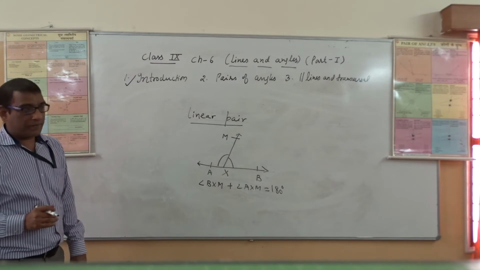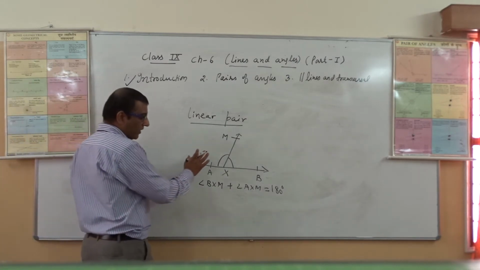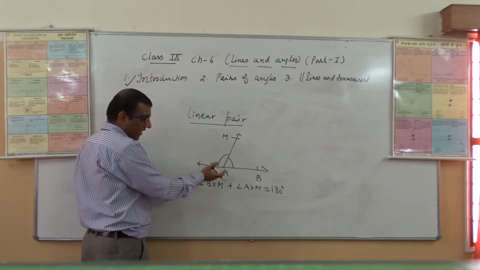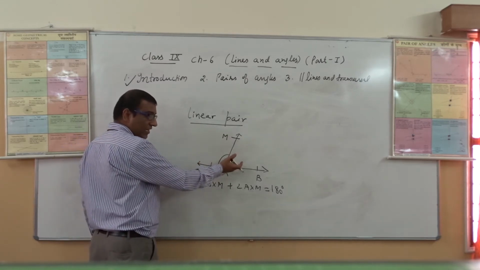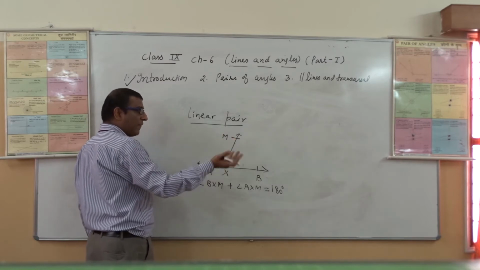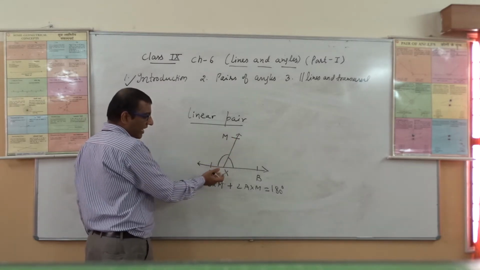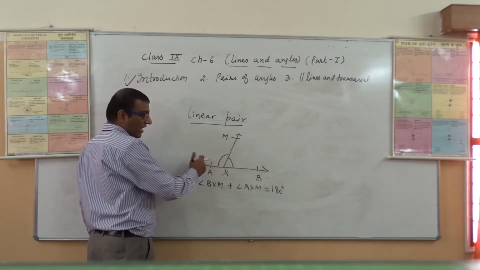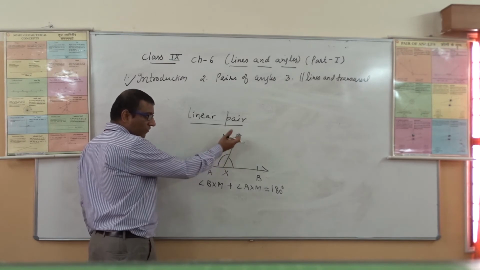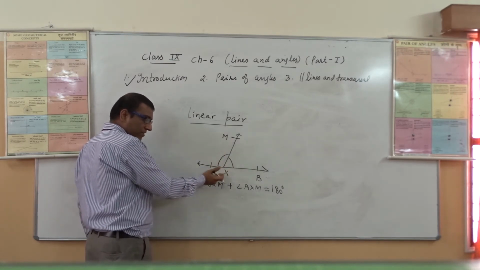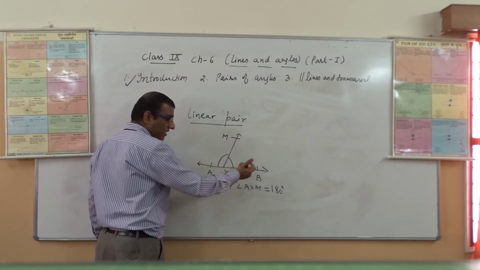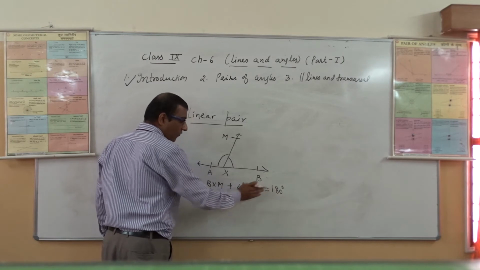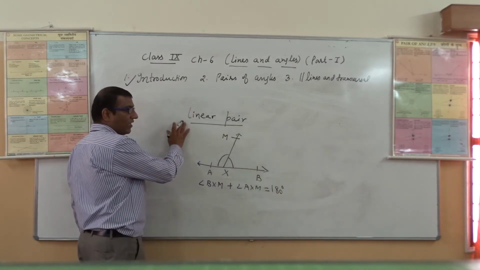concept of linear pair. So here you have to pay attention, both angles should be adjacent. As we see here, X is the common vertex for both the angles, XM, or you can say MX, is the common arm, and AX and BX both are the non-common arms which lie on opposite sides of the common arm. AX is on the left-hand side and BX on the right-hand side. So if the sum of these two angles is equivalent to 180 degrees, that is the concept of linear pair.